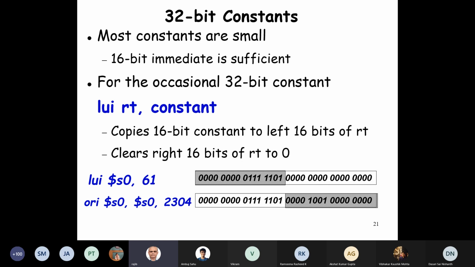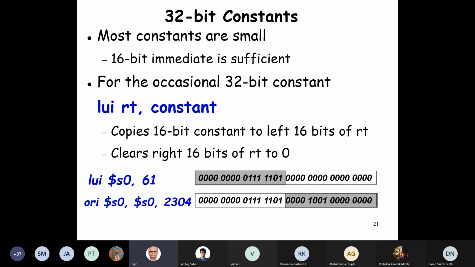For immediate, 16 bits is sufficient for most of the small operations. But how do we load 32 bits into a word? Using immediate addressing, we load only 16 bits. How do we load a 32-bit address or 32-bit argument into a register?